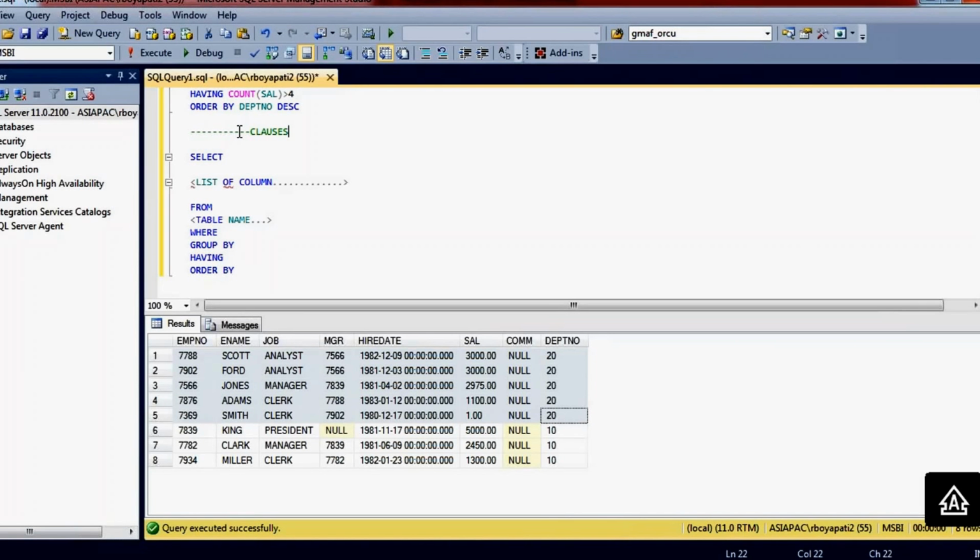This wording is very important, so you have to tell that all these are clauses, and what are operators and keywords. FROM is a clause, WHERE is a clause, GROUP BY is a clause, HAVING clause, ORDER BY clause. We are calling all these clauses.